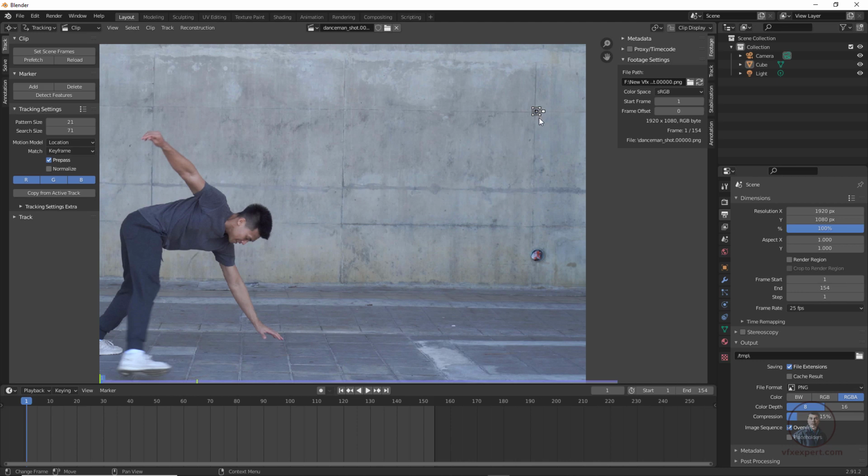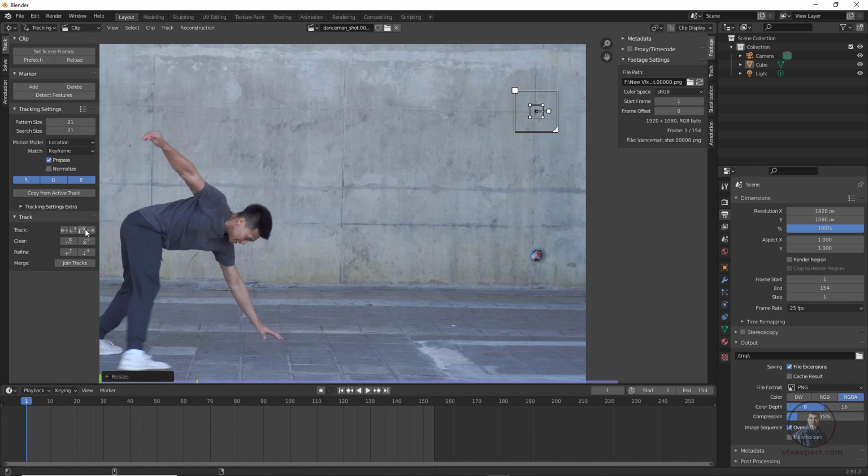Then press S, so you can scale this tracker, and press Alt plus S. This will show the search area. So this is our search region and this is our search area. Now we have to track. Downside, if you look at these track options, open this one. Here you will get these forward tracking and these backward tracking. According to my playhead, we have to track forward.